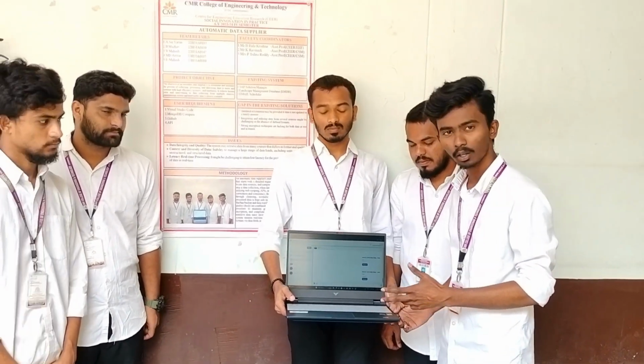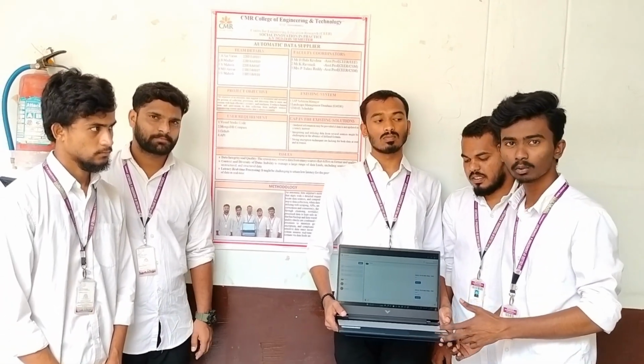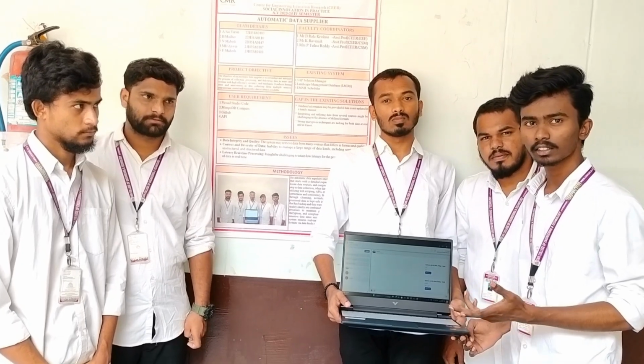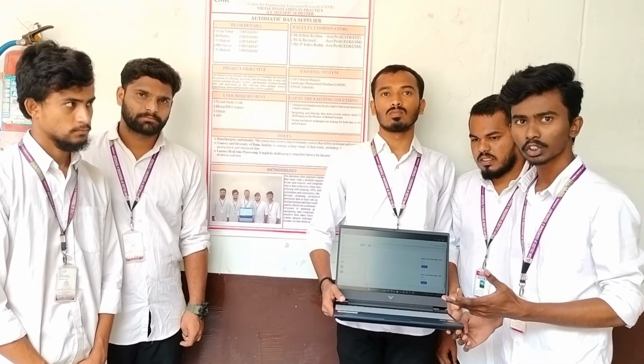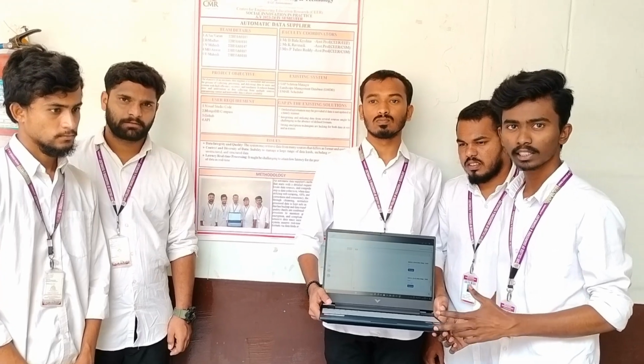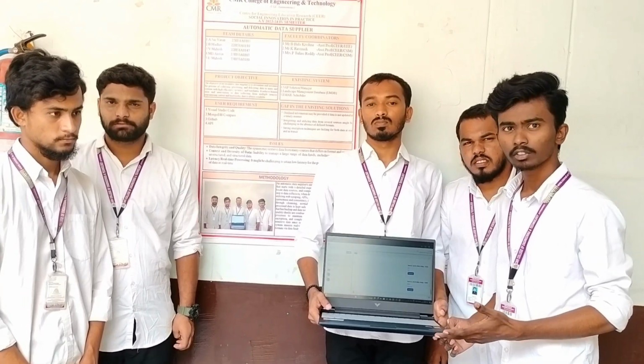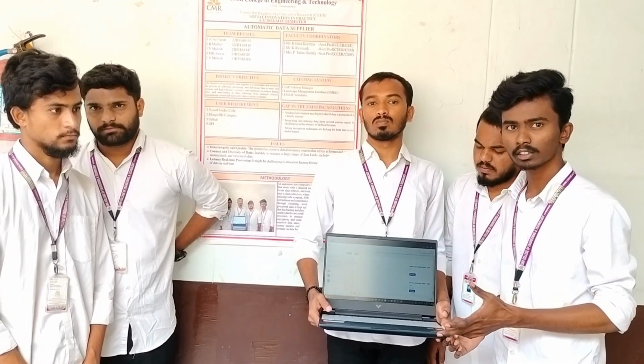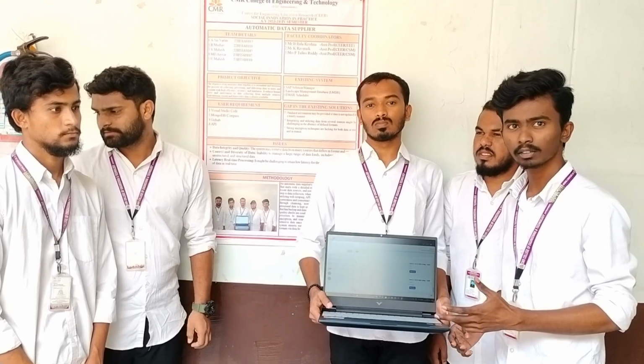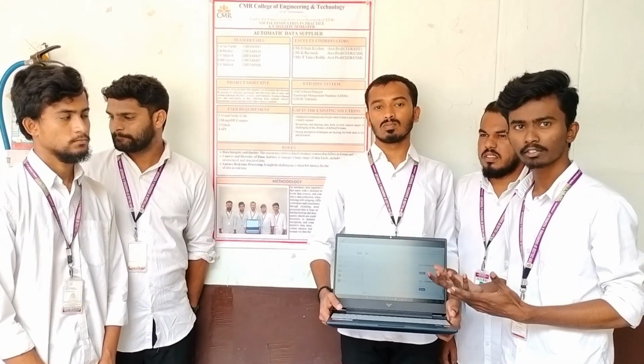Now I would like to explain how Automatic Data Supplier works. Initially, we should log in through an email and create a profile with our own details. Next, we should select the receiver and select the data, maybe a file, text, or any kind of data.